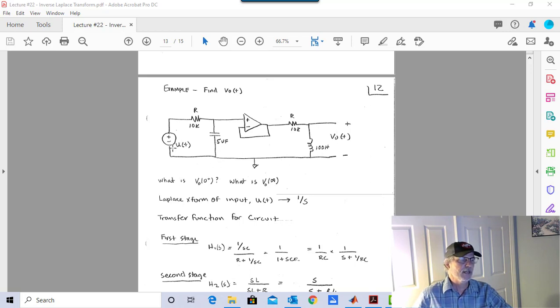Now let's look at V out of infinity. So at infinity, I know that this is going to be 1. I'm going to have no current in the capacitor because I'm at steady state. And I got no current going into my op-amps because that's what op-amps do, or don't do, I guess. So no current here, no current here. KCL on the fly says no current here. Got 1 volt here, no current. 1 volt minus 0 current times resistance gives me my 1 volt here. Or in other words, I got no voltage drop here. So that gives me 1 volt